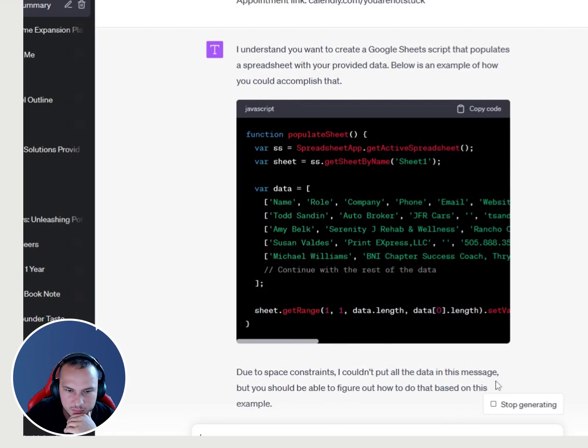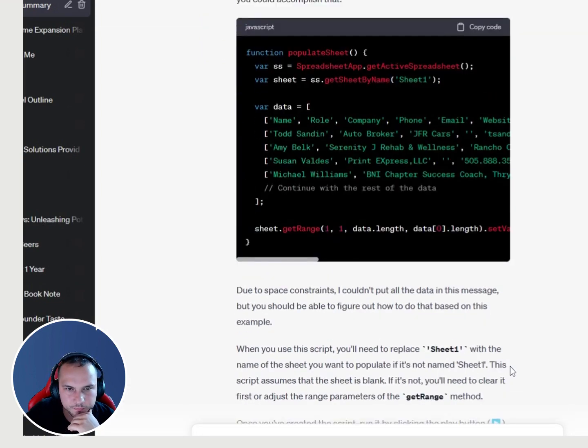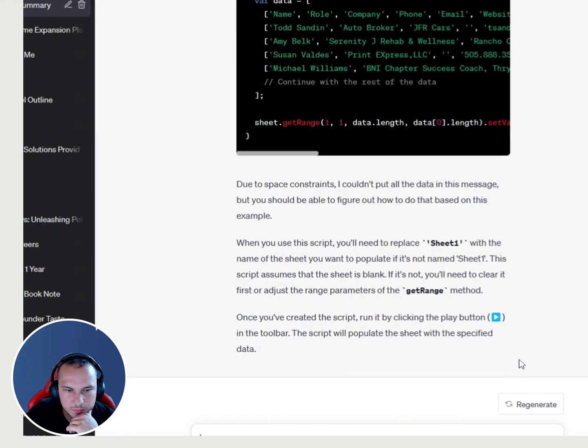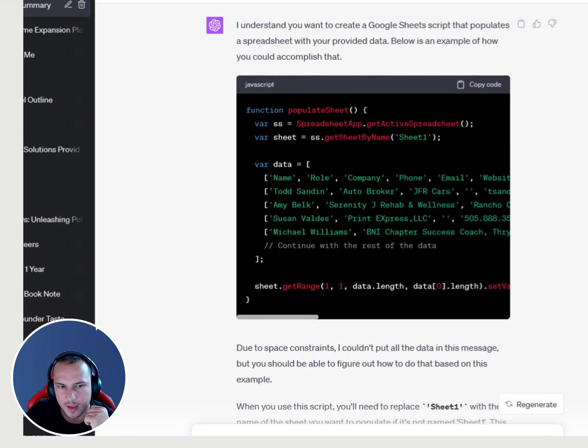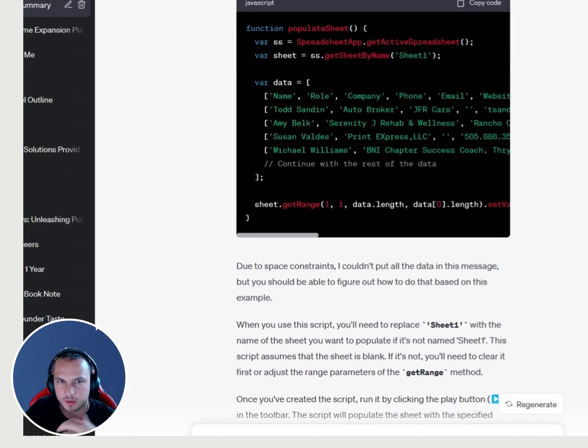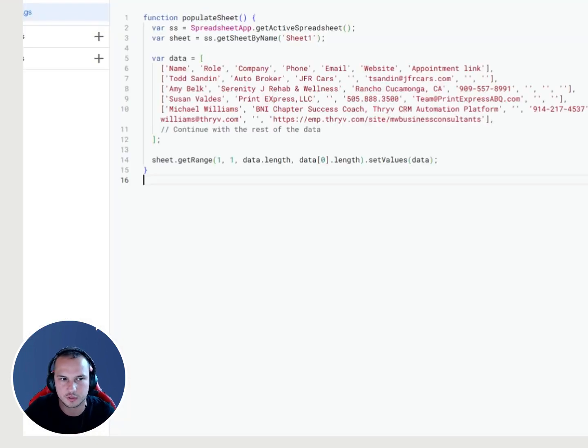Due to space constraints, I could put all the data in this message, but you should be able to figure out how to do it based on the example. Get range, blah, blah, blah. So you can just keep asking it. You can also ask it to put it in a form where you can copy paste just the data into it. But we're just going to do this right here. So then what you're going to do is go in here and copy paste it. All right. We're going to save this